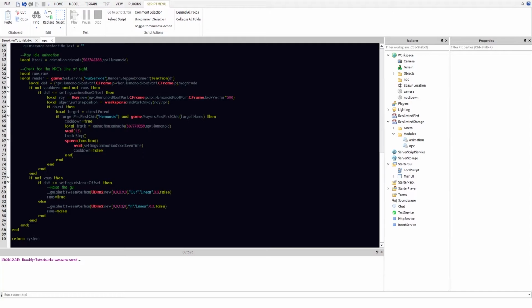Now you can kind of see what it looks like to do the input part. Basically, if not vouse, basically vouse is going to be our function part saying, okay, if we're not in a conversation, then you can do all this. So then we're going to do detect user input, allow for conversation. And then from here, we're going to do local input equals uis.input began. Connect